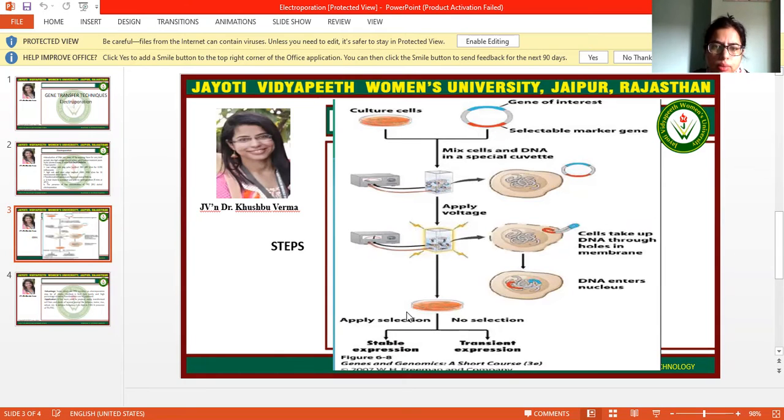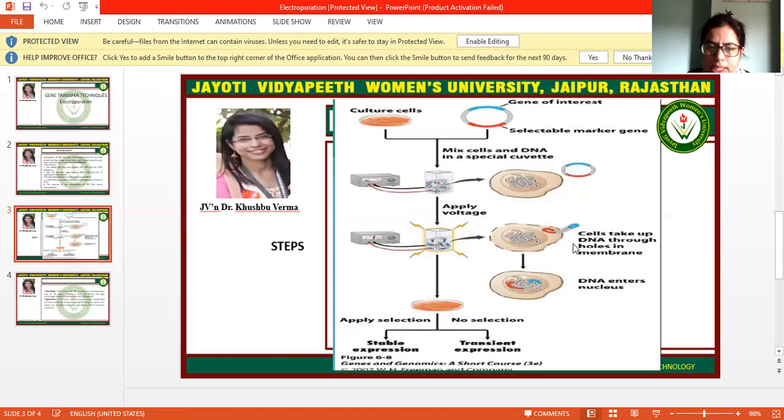So how can we select whether electroporation has done its work or not, meaning whether the cells have become recombinant or not? How will you select? A selection method can be applied.